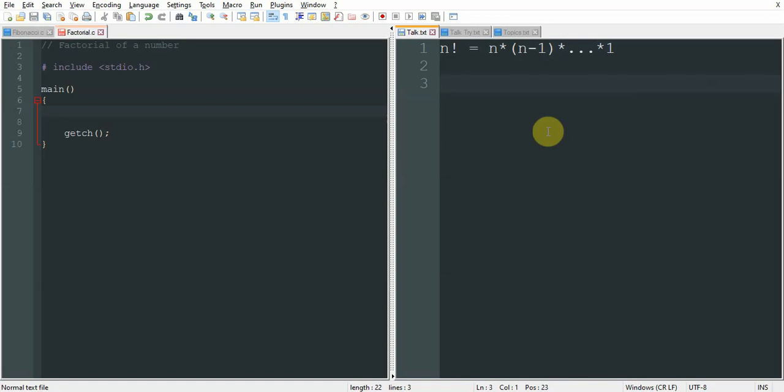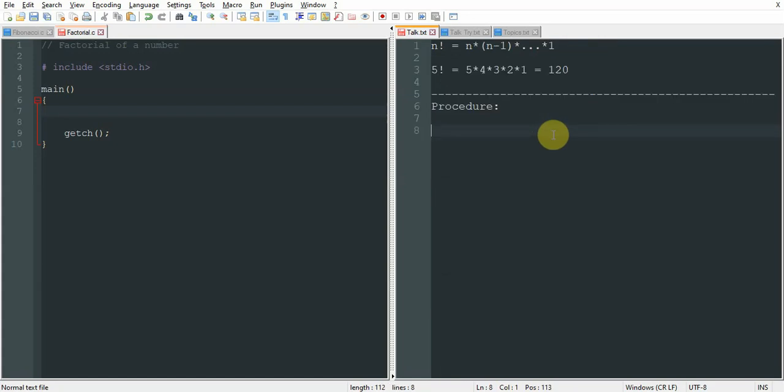For example, the factorial of 5 is 5 × 4 × 3 × 2 × 1, which is equal to 120. We are going to implement this in our program.